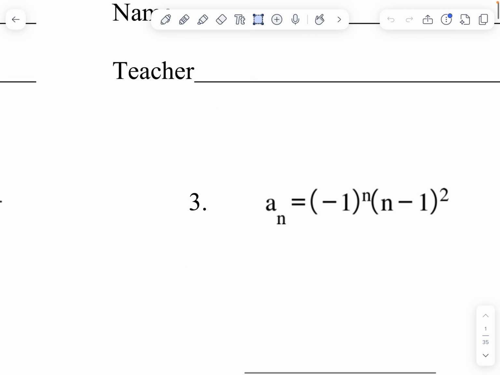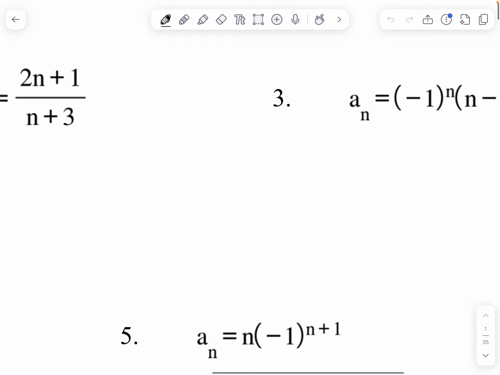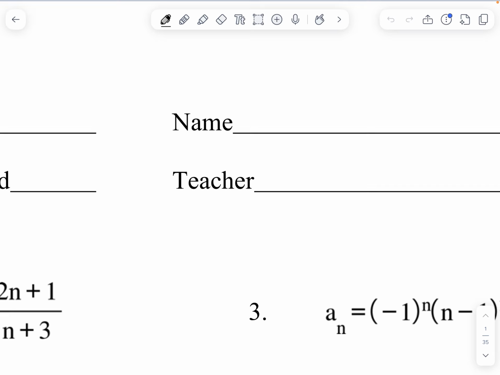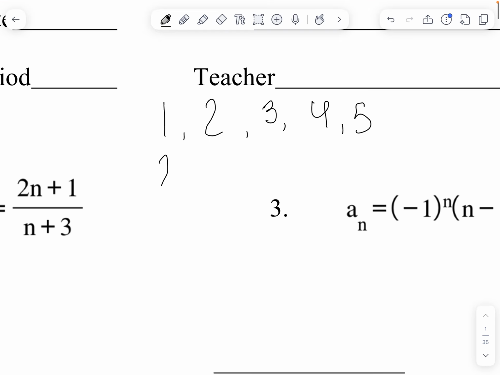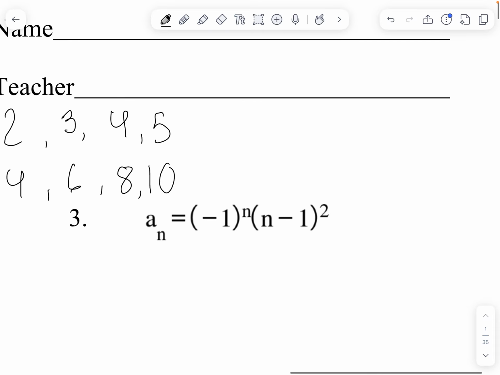So let's get some examples of arithmetic sequences. So an arithmetic sequence could be 1, 2, 3, 4, 5. It could also be 2, 4, 6, 8, 10. It could also be